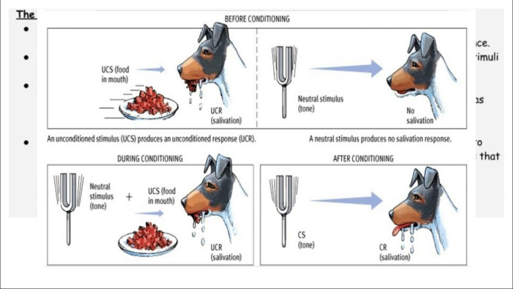So to break this down, to get a better idea of this, we have our food, our unconditioned stimulus, and the dog's unconditioned response, which would be salivating. As we are presenting things, we could present the neutral stimulus alone, and it would probably have no innate or reflexive reaction in the dog, so there's going to be no salivating. But once we pair the food and the neutral stimulus, be it the tone and the food together, we're going to get an unconditioned response. That's going to be the salivating.